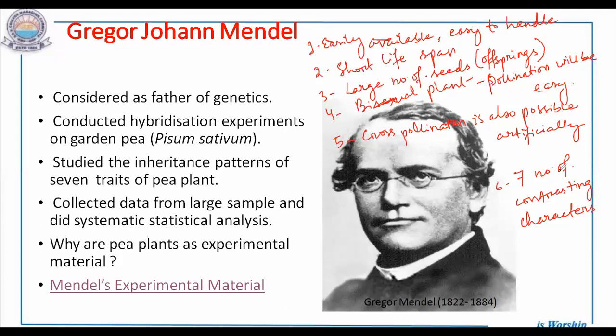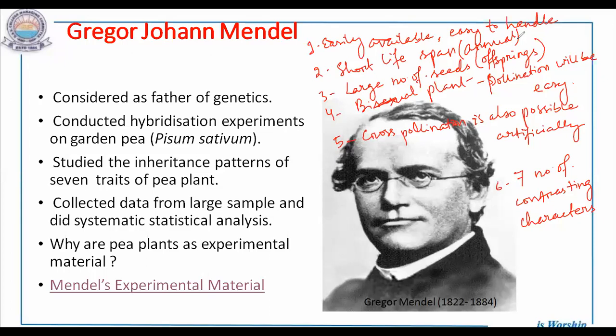Okay, so these were the reasons. You can take a screenshot that the pea plant was easily available and was easy to handle, to take care of. This plant has a short lifespan. Short means it is an annual plant. Meaning in a single year, it will complete its life cycle. It will grow, reproduce, give flowers, fruits and die. So short lifespan, annual plant, easy to study. Large number of seeds it produces, that is large number of offsprings. As many offspring, the study becomes easier.